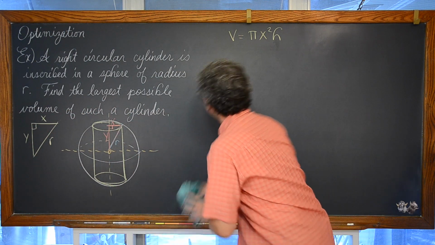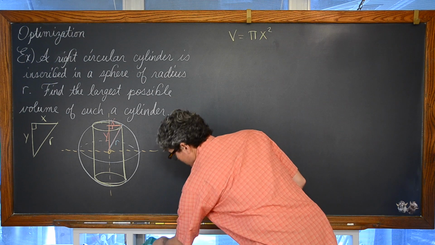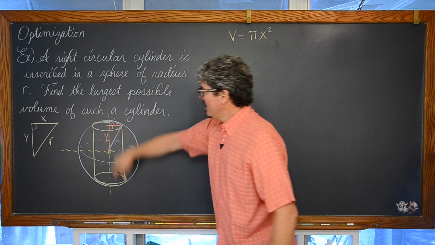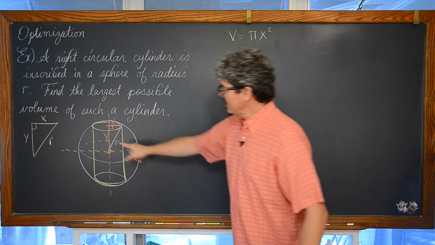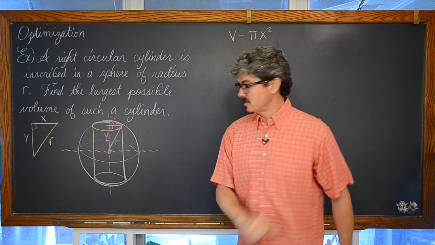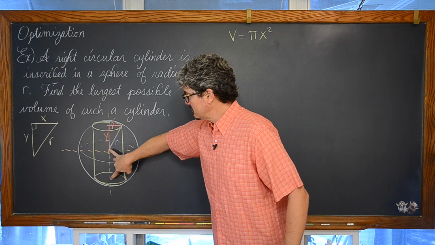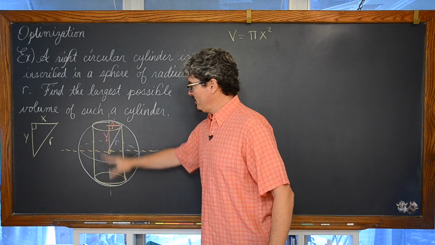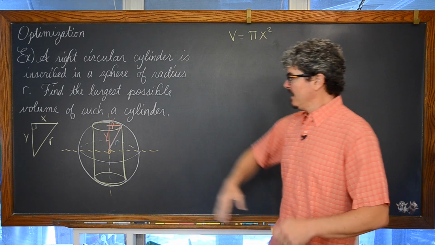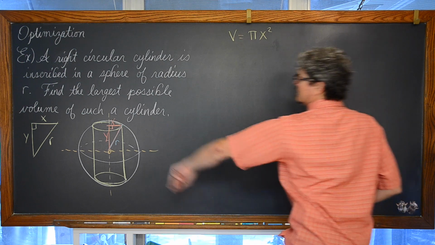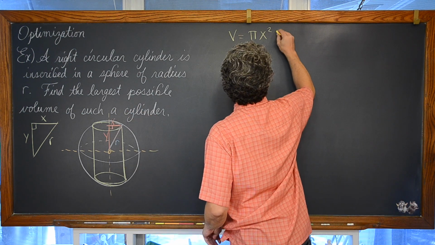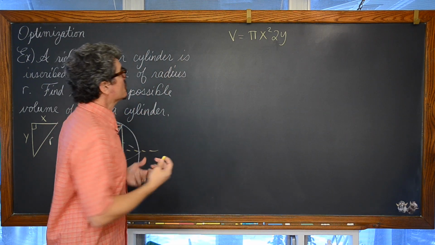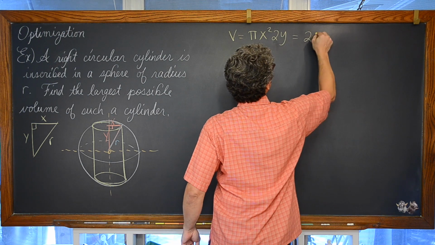Converting y into a more usable identifier for this situation: the height of this cylinder is not equal to y. The height of the cylinder is y times 2, because we have a lot of symmetry here, and the top and the bottom of the cylinder are the same size, so that's doubled. So the height of the cylinder is equal to 2y. Well, that's great. So we're looking at basically 2 pi